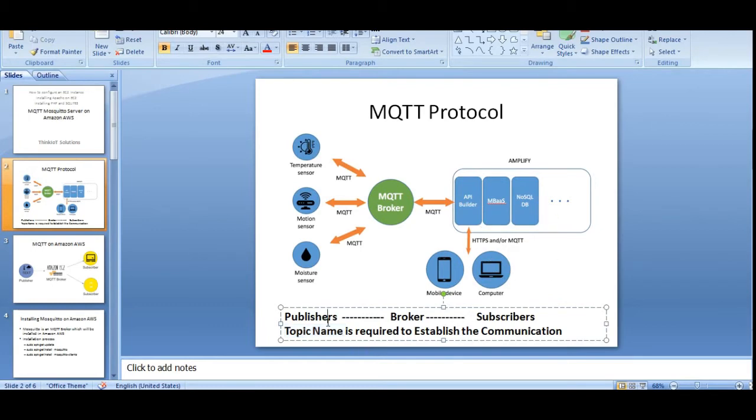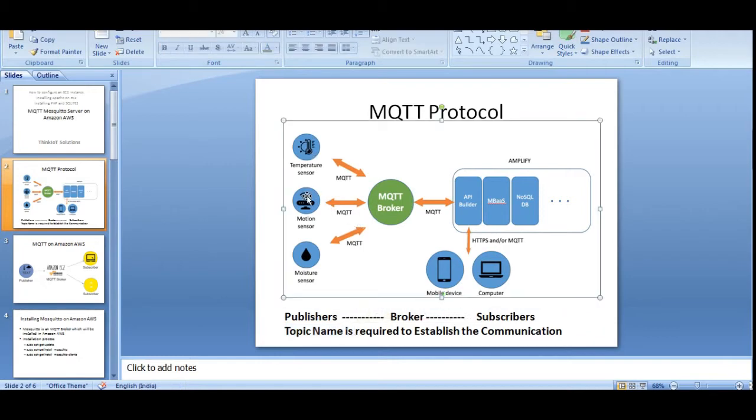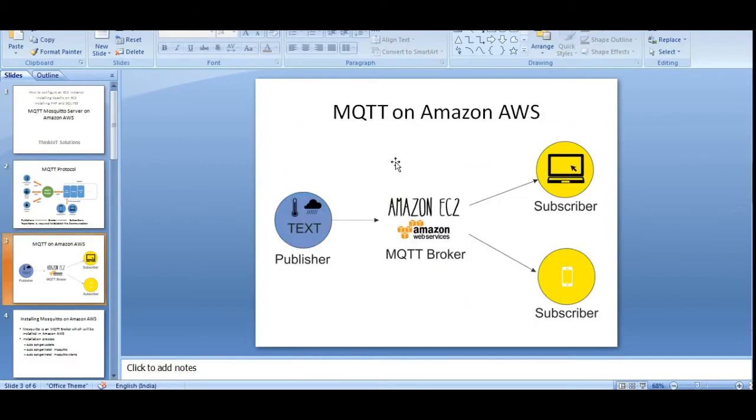Publishers give the information to the broker, and the broker gives the information to the subscribers, and all this happens through a common thread, which is the topic name. The topic name can be anything, like temperature, test, or whatever you want, and based on the topic name, the information can be exchanged using MQTT.